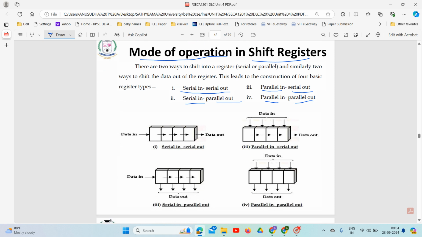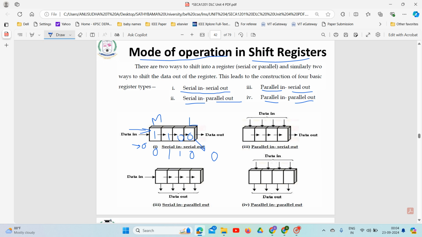As we discussed previously, the same concept holds good here also. In serial in, serial out, we introduce the bit at the MSB and take the result at the LSB. For 1100, for the first clock pulse we are introducing 0. The 0 is stored at the MSB and we perform the right shift, taking away the last bit as the result. This is called serial in, serial out.